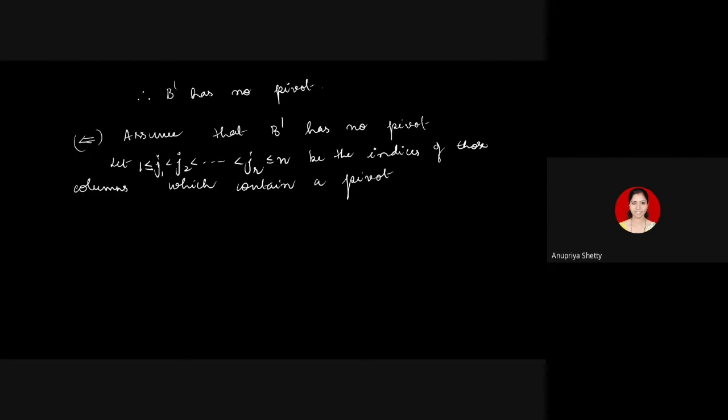You know what a column index is? For the first column the index is 1. You are referring to which column it is. That is called the column index. If I'm referring to the jth column, the column index is j. The j1th column has its column index j1. We are discussing the more general possibility. Therefore, every column may not have a pivot, right?